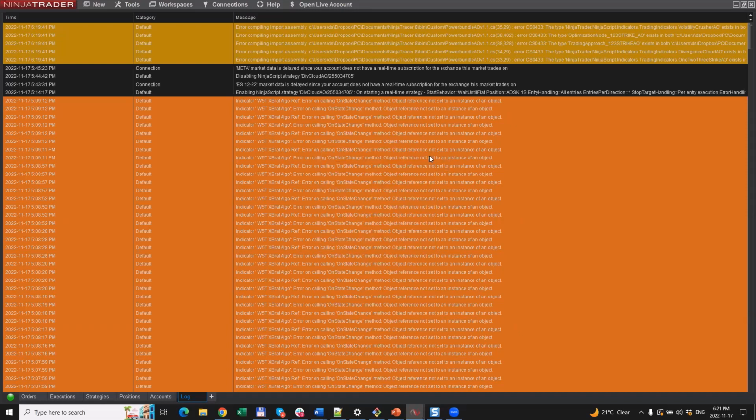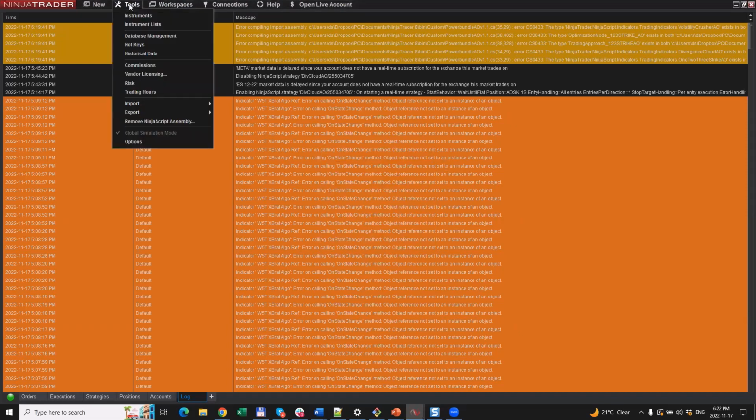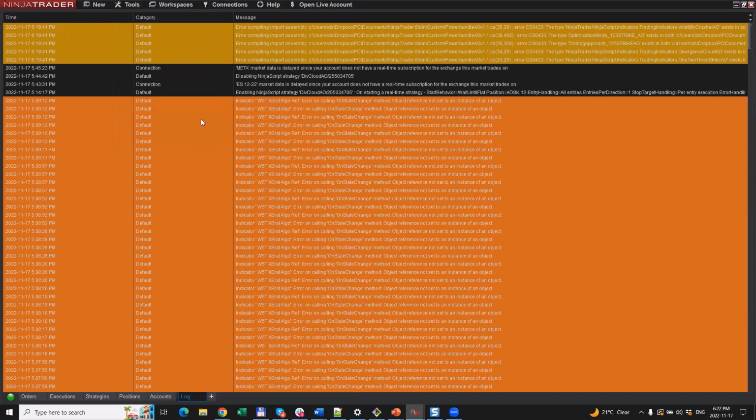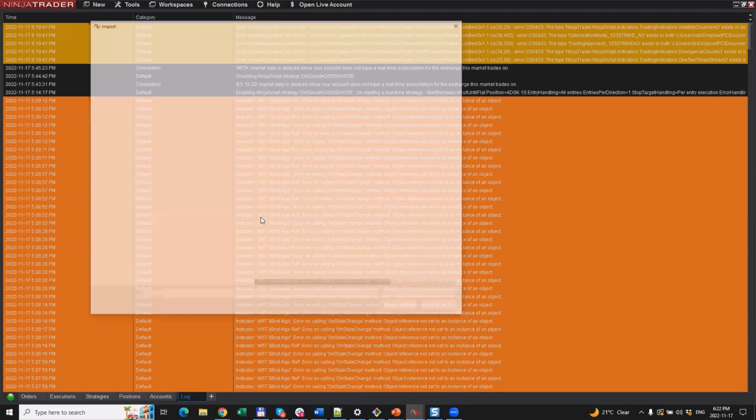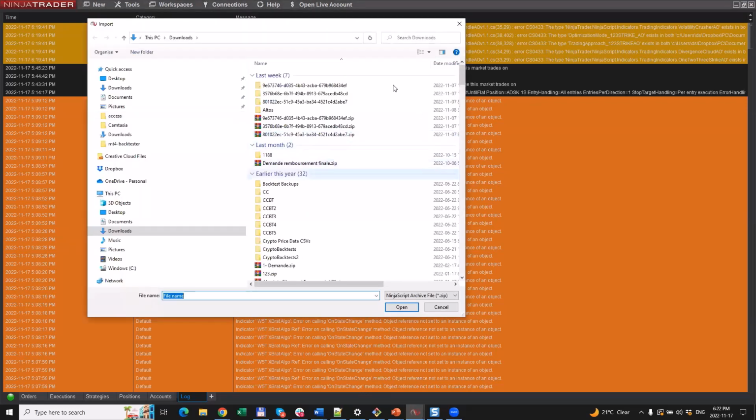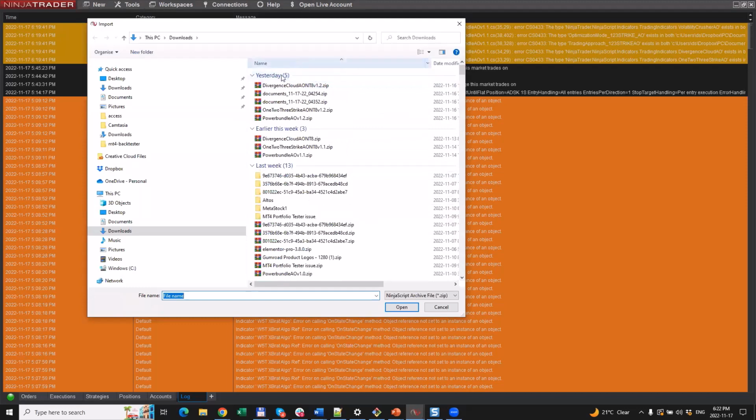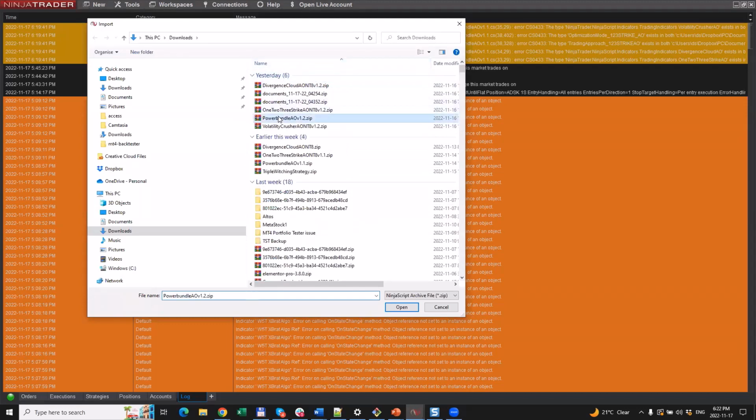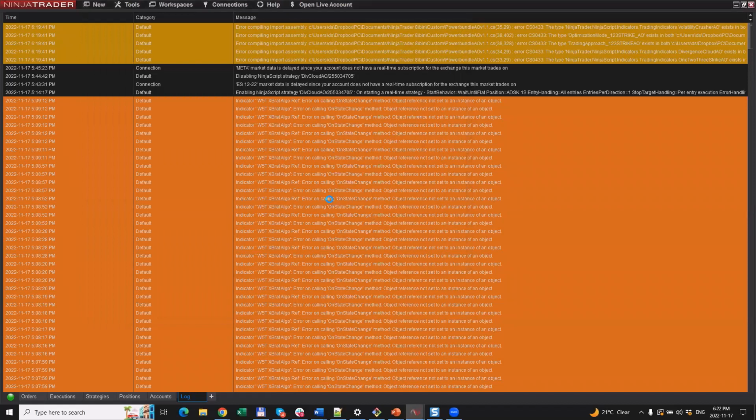And now that the old version is removed, we can now import the latest version. So back to tools, import NinjaScript add-on, and we will now choose the latest version of the Powerbundle AO, version 1.2, which I had just published earlier today. All right, so I go down to Powerbundle AO version 1.2, click open,